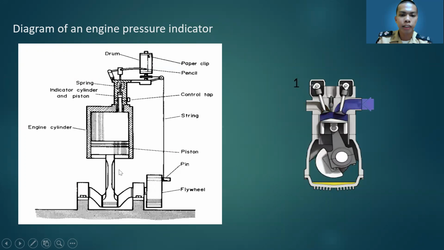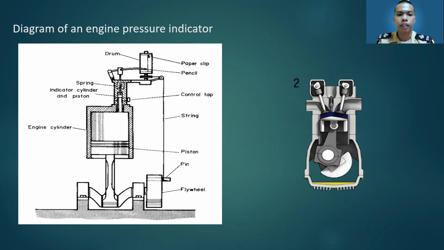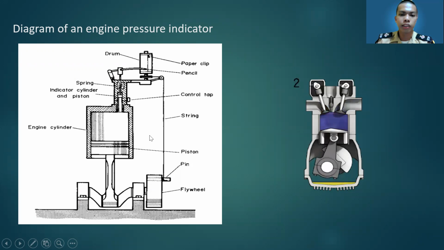Because of the rigid connection between the piston and the plunger, full travel of the upper piston is accompanied by substantially full travel of the pantograph element. The pin travels downwards and pulls the string. The string is attached to the drum in such a way that it causes the drum to rotate. When the piston travels upwards, the tension of the string is reduced, allowing the drum to return to its original position by means of a spring.